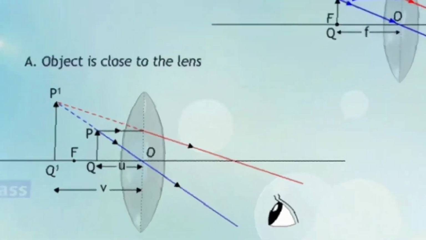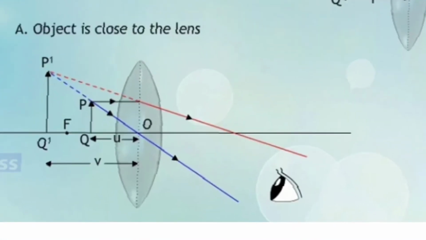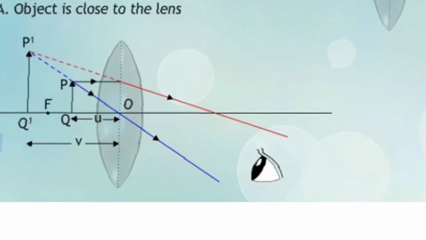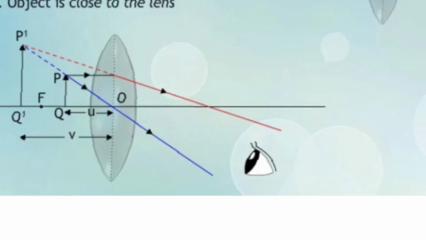So how is the image formed? You can see if the object is kept within the focal length. So this is F, right? Focus. So this is the focal length. So within the focal length, if the object is kept, your eye will see the image bigger than the object, right? And it is on the same side and it is virtual, as per the diagram you can see. You have to extend the rays behind. That means you are going to get the virtual image.